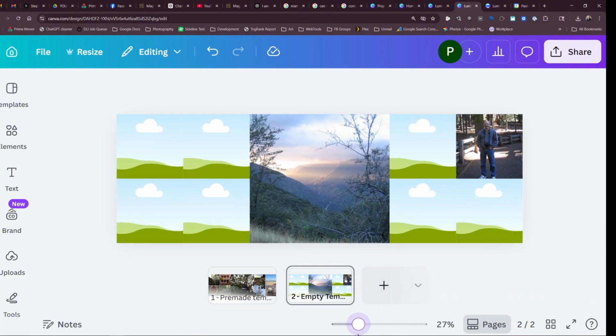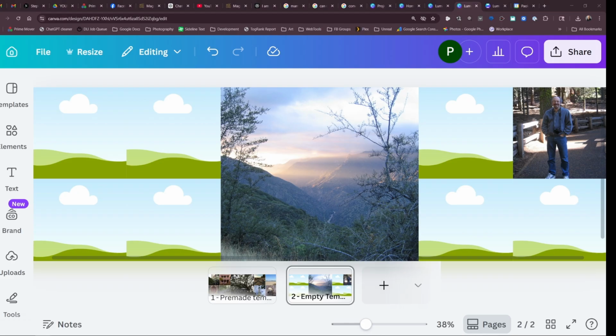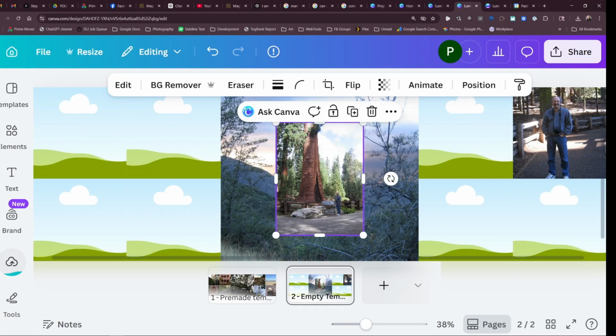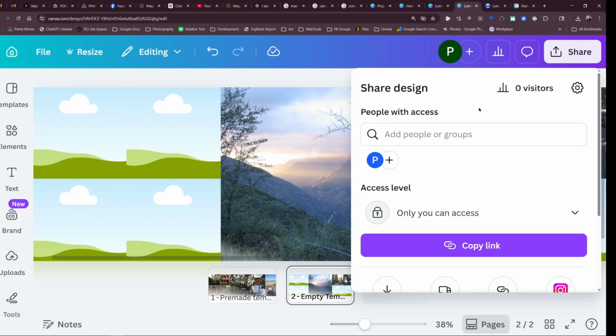We can change the zoom here. There we go. So I can take another photo from that trip. Wonderful. Put it here. And so on and so forth. You get the idea. Once you're done with this, you can click on share,